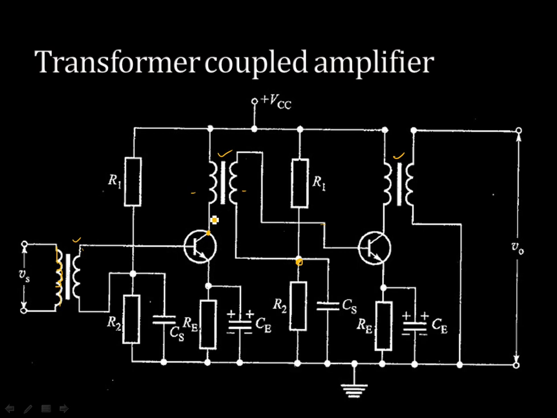Then some disadvantages are also associated with this transformer coupling scheme. So this power conservation is an advantage, but there are some disadvantages as well. Here you are using transformers to couple one stage to the next stage, so it is going to increase the size of the system. Obviously the transformer will be more bulky compared to a resistor or capacitor, and it is also a little more costly. One more disadvantage is that its frequency response will be very poor.